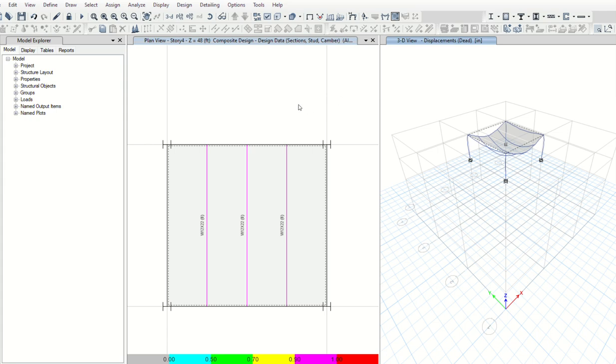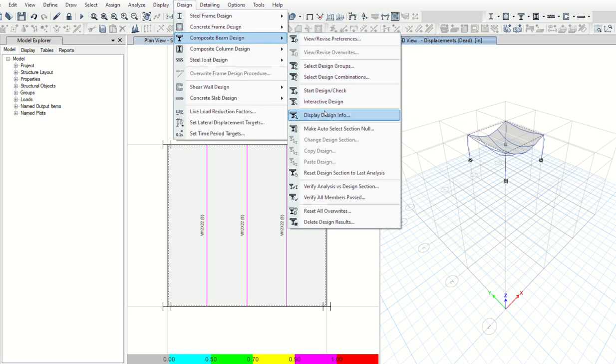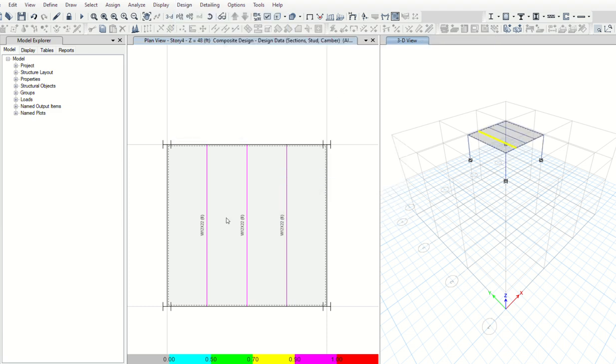Okay, so here is a composite beam design example. When you set up the loads and load combinations, you will be able to run composite beam design. So we're going to take the defaults and hit the start design check. ETABS will show the beam size and number of studs. Since the beam is relatively short, 24 feet, I think we don't need a camber, but let's